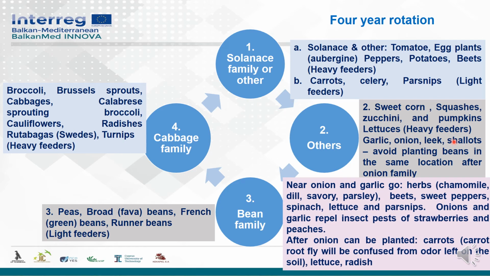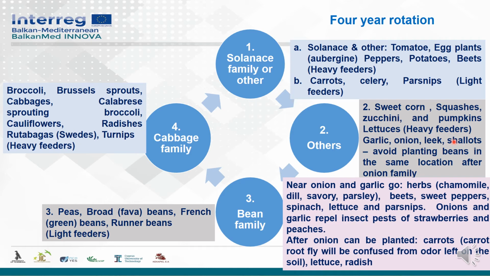From the other side, many experts advise that near onion and garlic go herbs like chamomile, dill, savory, parsley, beets, sweet peppers, spinach, lettuce, and burnt chips. Onions and garlic repel insect pests of strawberries and peaches. So even in these cases, it is considerable to have onions near the peaches and strawberries, or we can